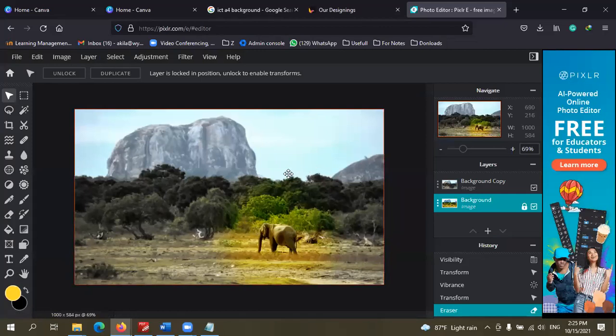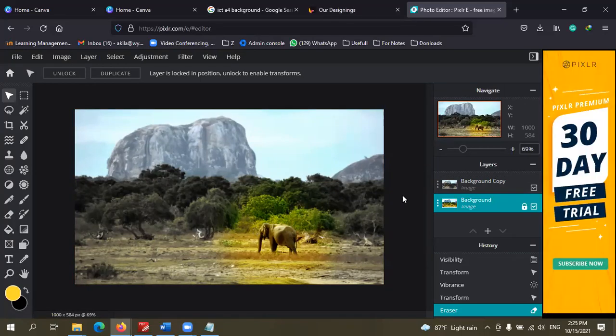Okay, everyone, so I'm going to do this quickly. I think you could get the point of how you can do it. However, you must practice. Other than that, it will not be possible to edit images, or it will not be possible to learn, right? So you must always practice. Again, this will be a very useful tool with which you can very easily edit images. You can edit images from here, and then you can upload them into canva.com, and then you can use them in design, right?